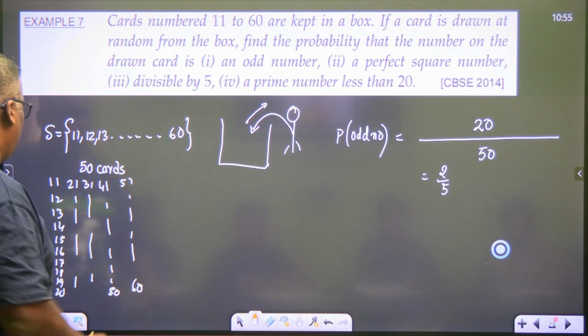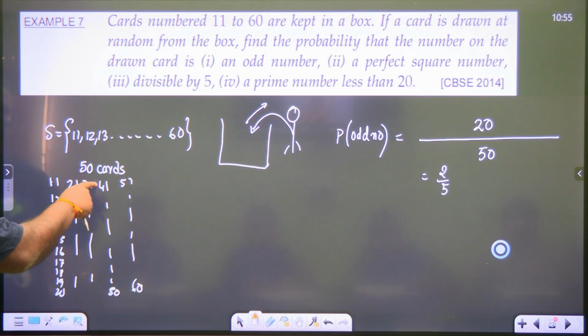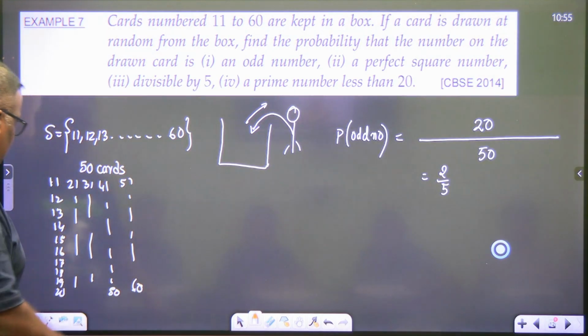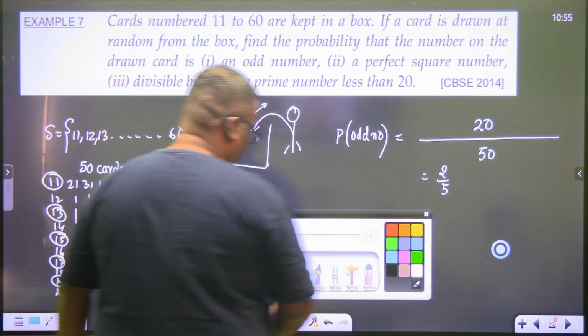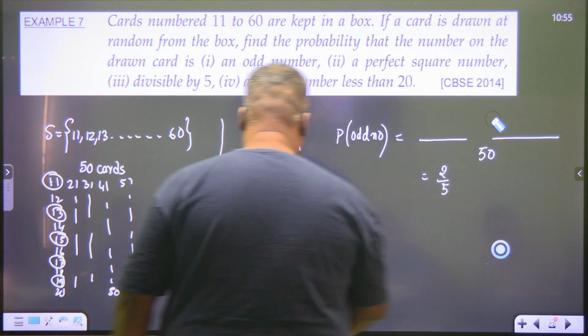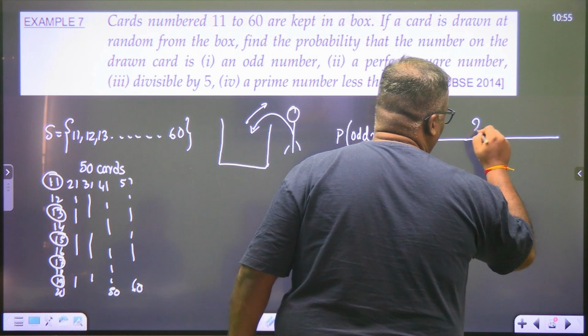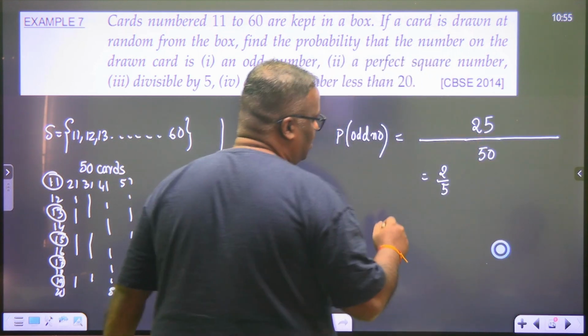So, you will have how many series? 1, 2, 3, 4, 5 series. Each series having how many odd numbers? 1, 2, 3, 4, 5. 5 into 5 is how much, beta? 25. So, this will be 25 odd numbers in a pick of 50 numbers, which makes it